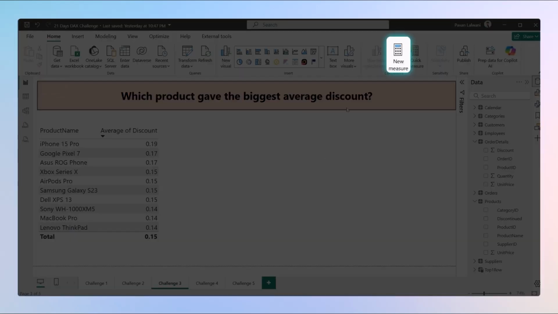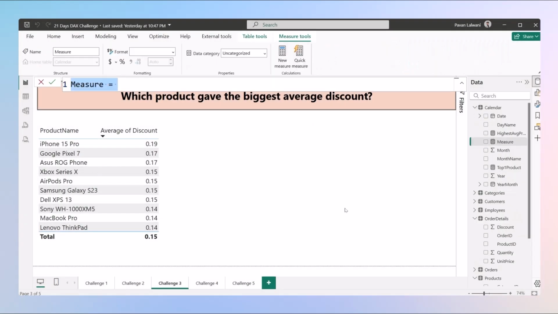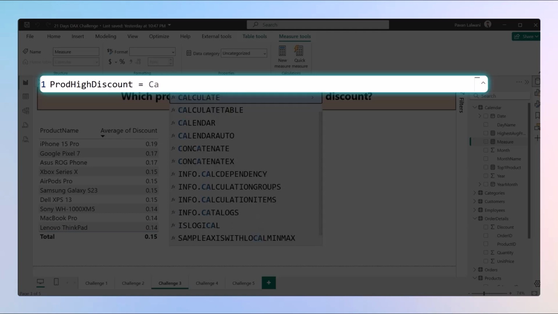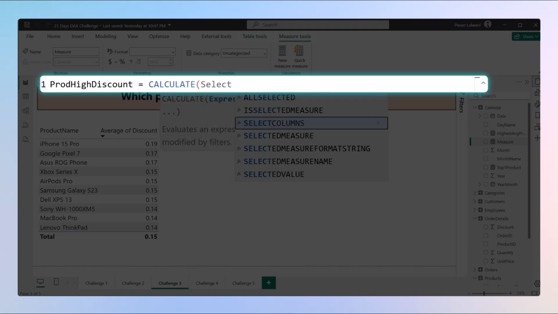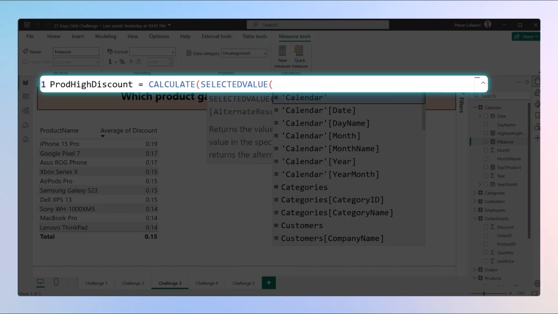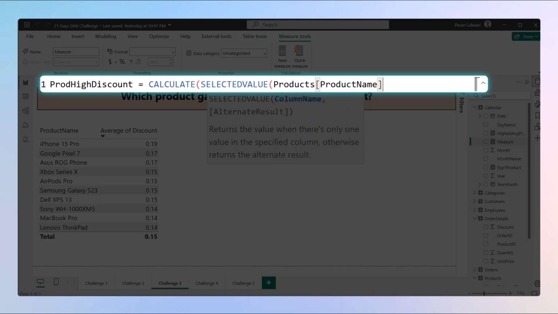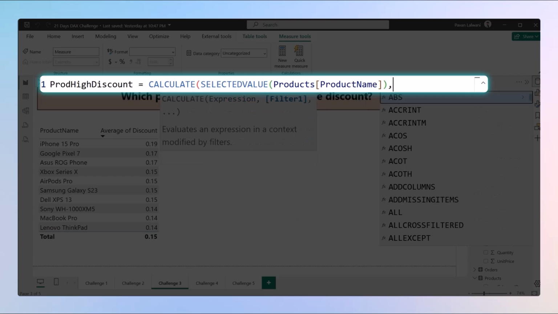Maybe I can go and create a new measure, and I'll give the name here as product high discount. I'll write product with high discount equals to CALCULATE. Then we have the option of SELECTEDVALUE. If you remember, SELECTEDVALUE will help us select a column from the dummy table, or more specifically, the virtual table. The name will be given as products name, comma, close the bracket, comma,